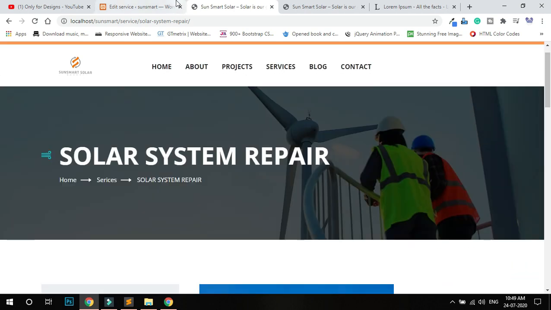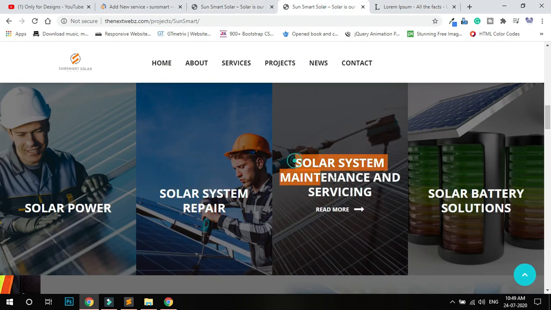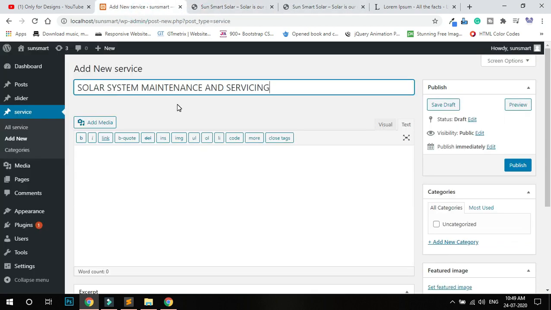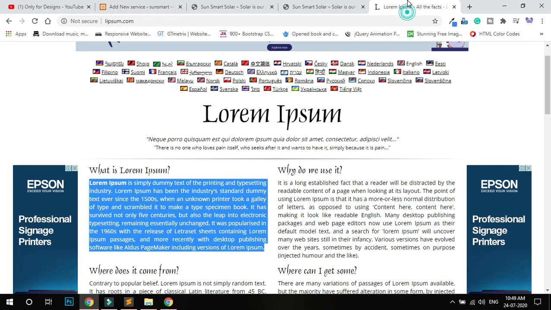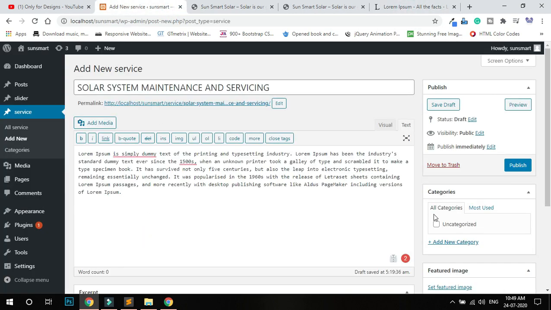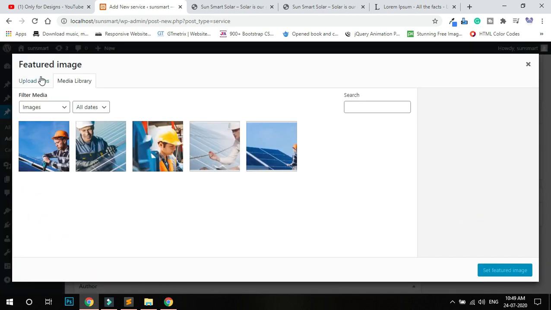Okay, so where is my second solar? Its name is very big, that's why it's showing a problem. It doesn't matter; if the font size is very big, you can reduce the font size.